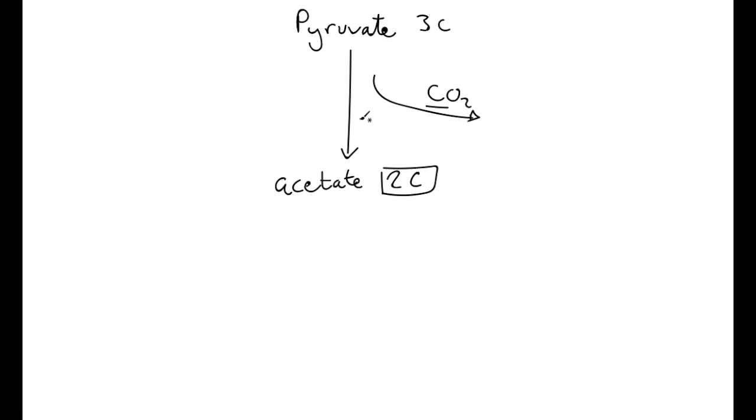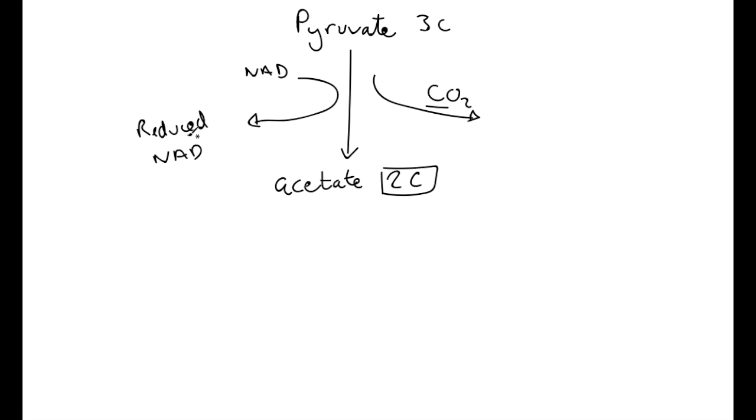Also what happens is the pyruvate is oxidized. And when we say it's oxidized, it means it's going to lose something. So it loses some hydrogen. And this happens by a molecule called NAD coming in, and it leaves as reduced